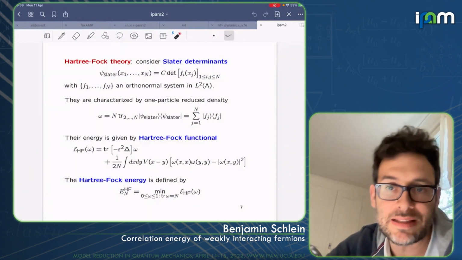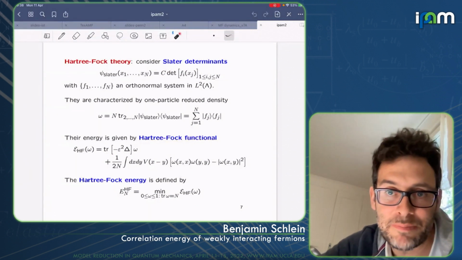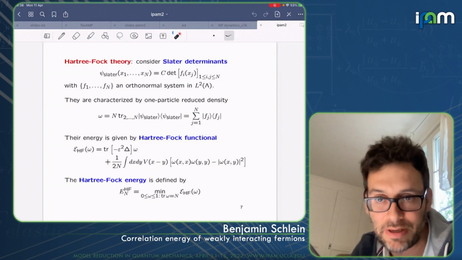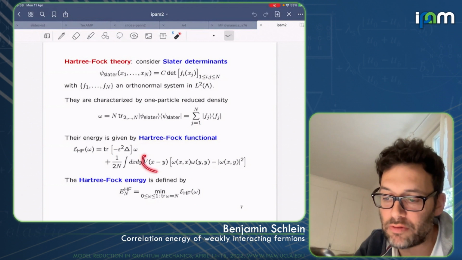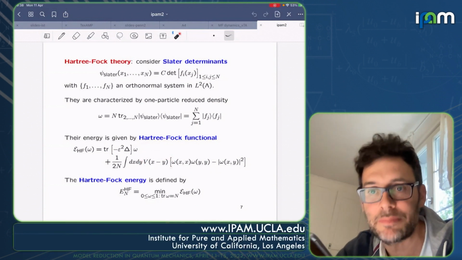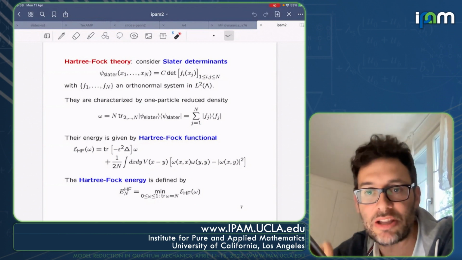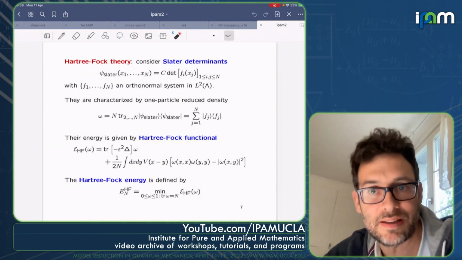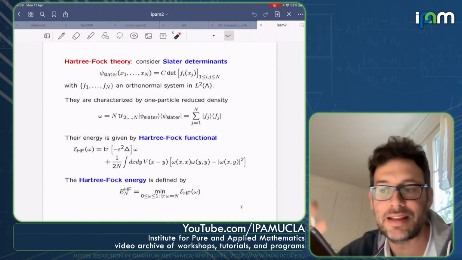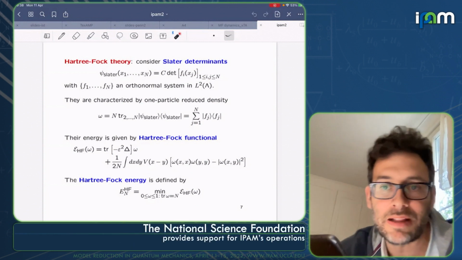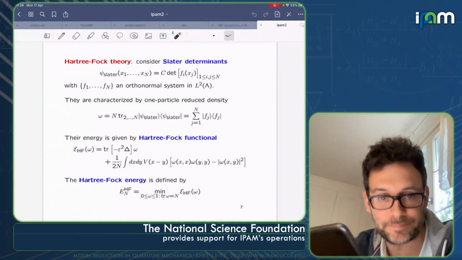But because we impose this antisymmetry, there is also a second term, the exchange term, which appears here. Okay, so to avoid confusion with what was said before, Fock was focusing on the case of Coulomb systems. I'm taking a potential V, which we will suppose is sufficiently smooth. In this sense, this is a simpler version of the Hartree-Fock theory than the one that Fock was discussing before.